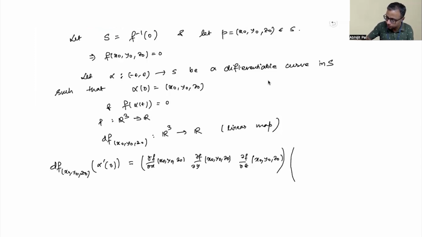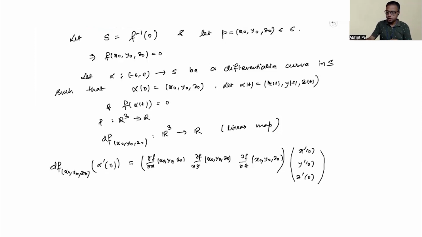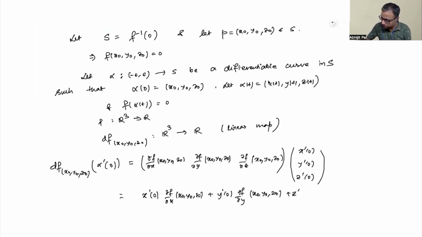by this vector. Okay, so again let alpha t equal to x t, y t, z t. So alpha prime 0 will be x prime 0, y prime 0, z prime 0. So this will be equal to x prime 0 del f del x evaluated at the point x naught, y naught, z naught, plus y prime 0 del f del y at x naught, y naught, z naught, plus z prime 0 del f del z at x naught, y naught, z naught. Okay, so now